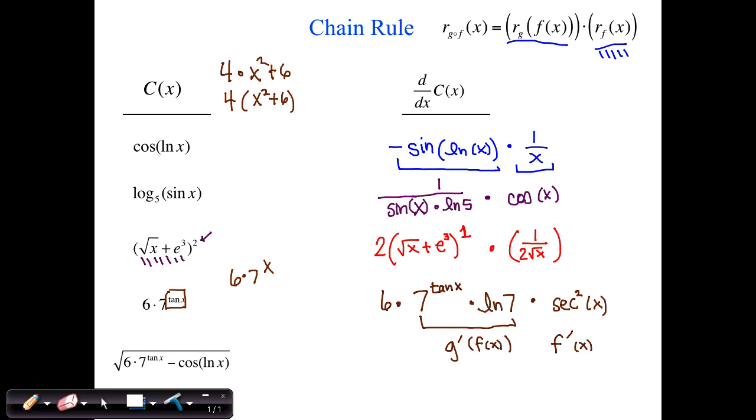So let me scratch out some of this work here and rewrite what we had just real quick. The two pieces here that we worked on, because if you see in this last function, I've got 6 times 7 to the tangent of x and cosine natural log of x underneath a square root. So yeah, question? So on the exam portion,